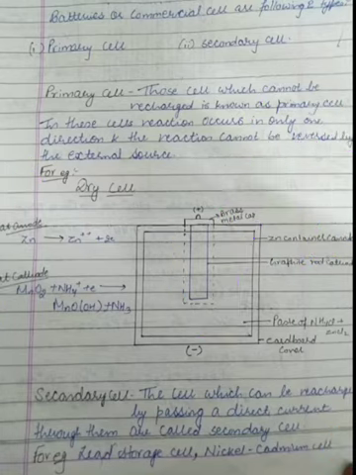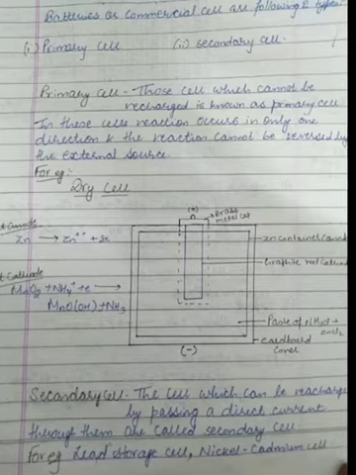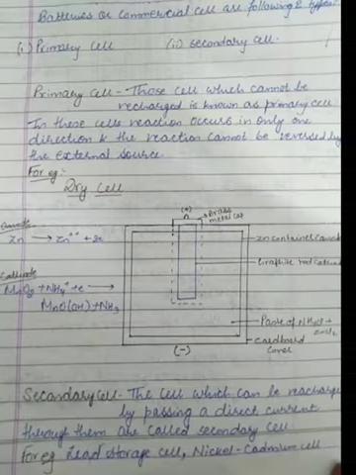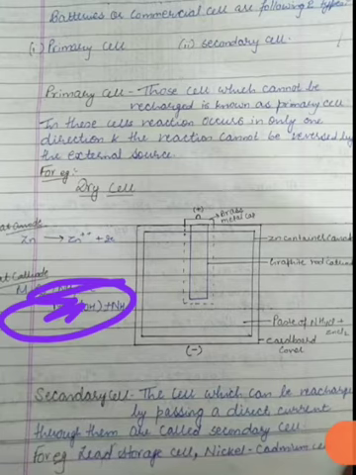At the cathode, MnO2 gains electrons, or you can say the ammonium ion gains an electron and converts into NH3. The reaction taking place is MnO2 plus NH4+ plus electron gives MnOOH plus NH3. Now if you are able to write the overall cell reaction, you can also write it. Here it will be 2 electrons. This equation is not given correctly, so just write it like this.